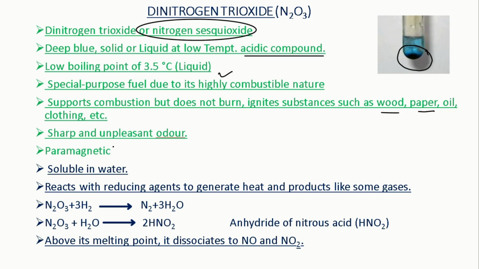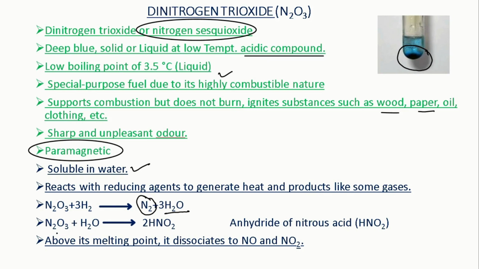And coming to its magnetic properties, it's paramagnetic in nature, which means it has unpaired electrons that make it paramagnetic. It is soluble in water, and it reacts with reducing agents. For example, with hydrogen, it's reduced to nitrogen, while hydrogen is oxidized and changed